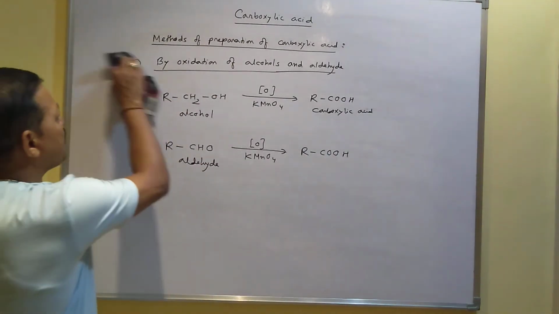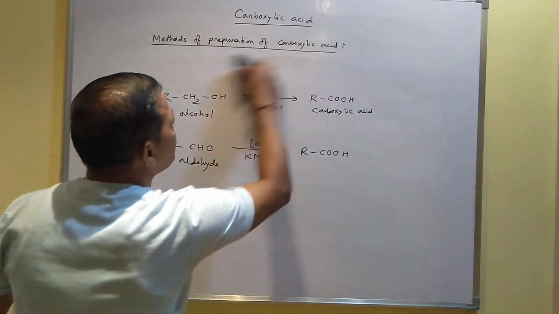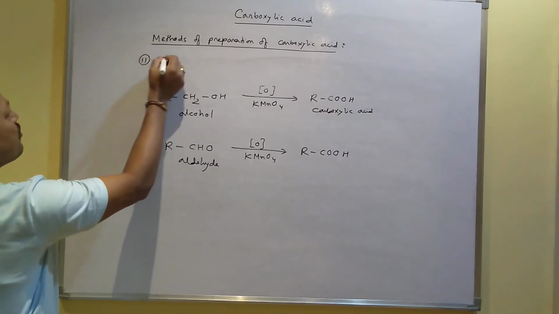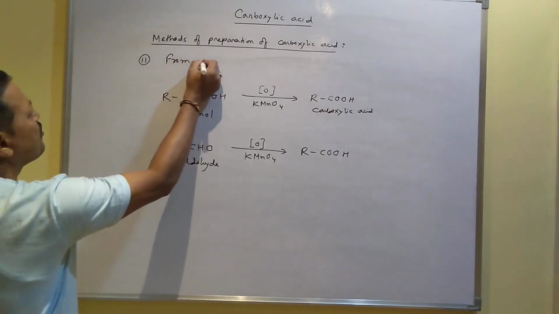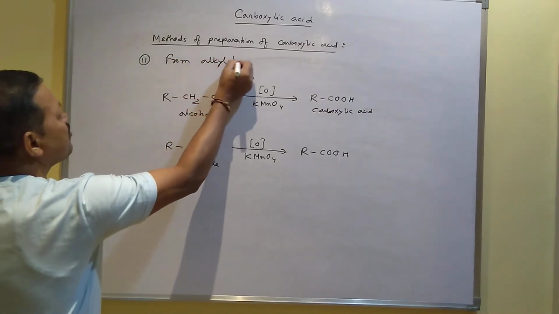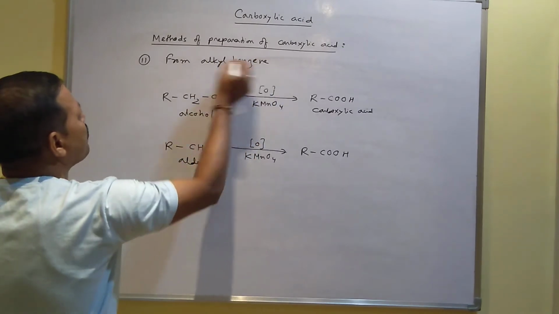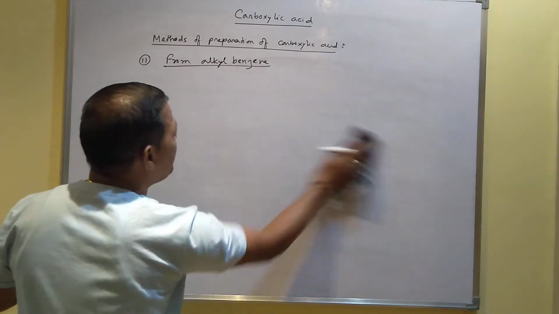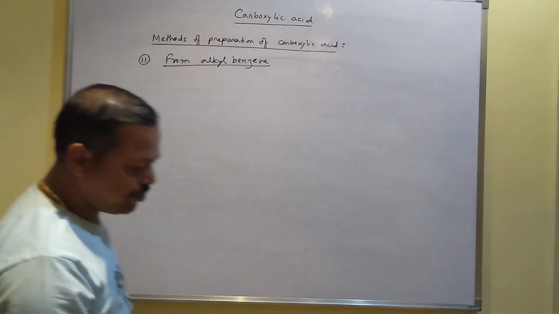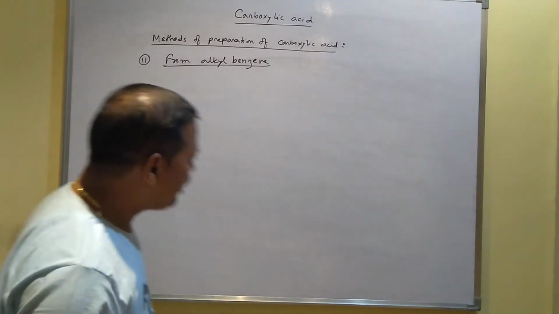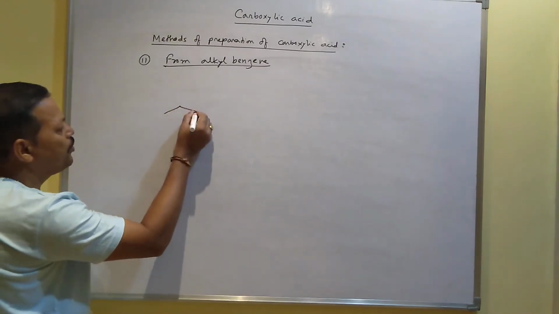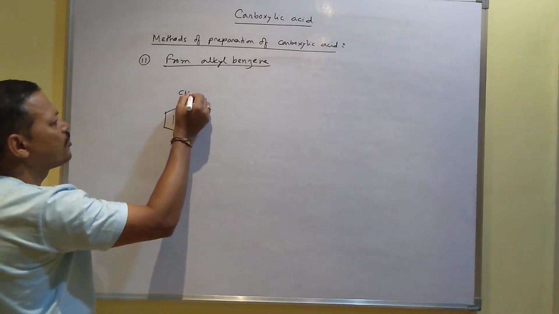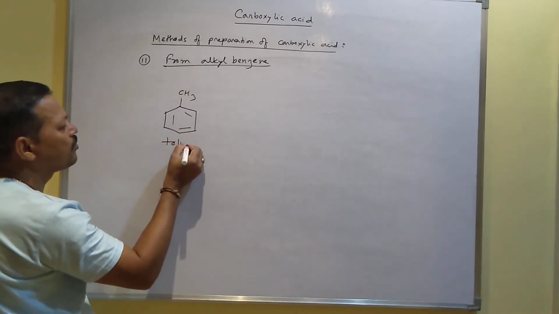The second method, from alkyl benzene. Alkyl benzene means like methyl benzene, ethyl benzene, that type of alkyl benzene you have to take. If you take methyl benzene, which is also called toluene,